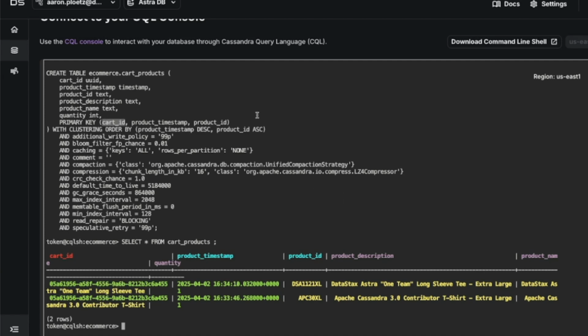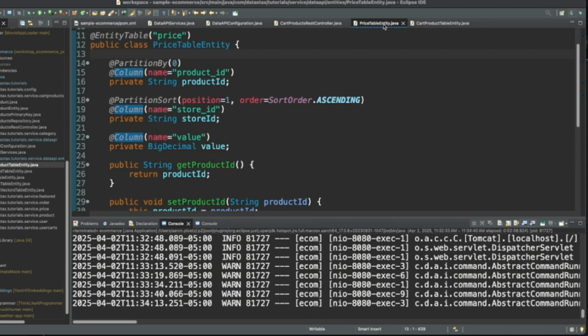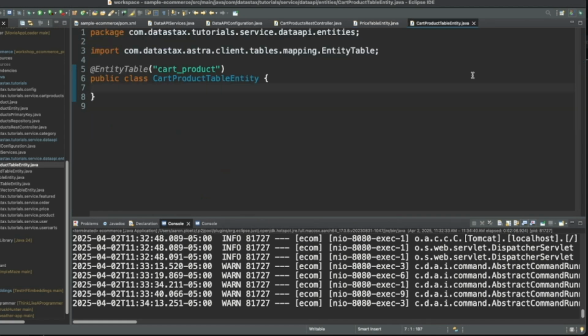First, we're partitioning on cart ID. So let's define that, and that is a UUID. Let's start out: partition by 0, and column name cart ID. That's close. Copilot did pretty good here.